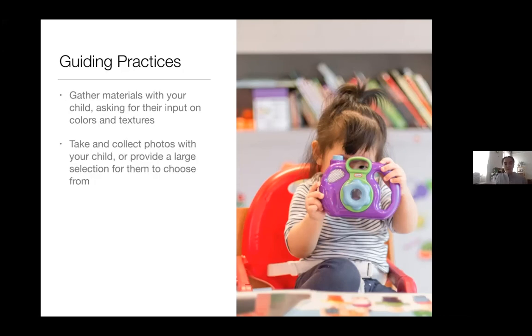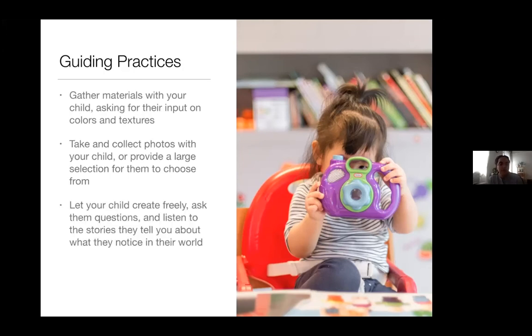So take and collect the photos with your child. This is sort of similar, but when you're actually getting the photographs, printing them out, whatever it might be, try to either have your child take the photos, or have them collect the photos with you so that they have say in what's there. Again, just providing more ownership and more creative control over what they're making. And you're just learning more about what they like and what they think. So if it's not possible to collect the photos with them, just give them enough selection so that they can be making the choices for themselves about what they're putting in to their scrapbooks.